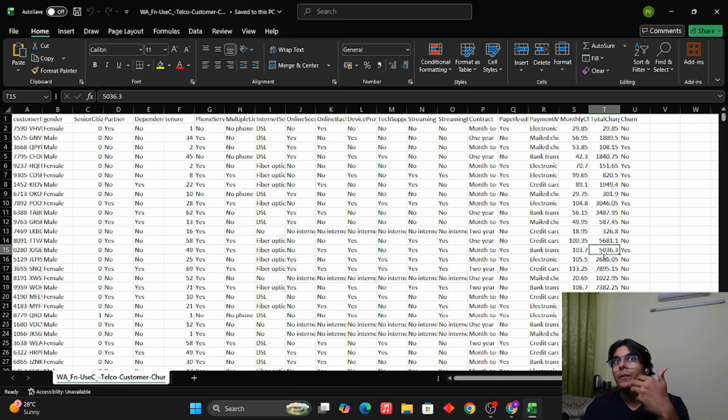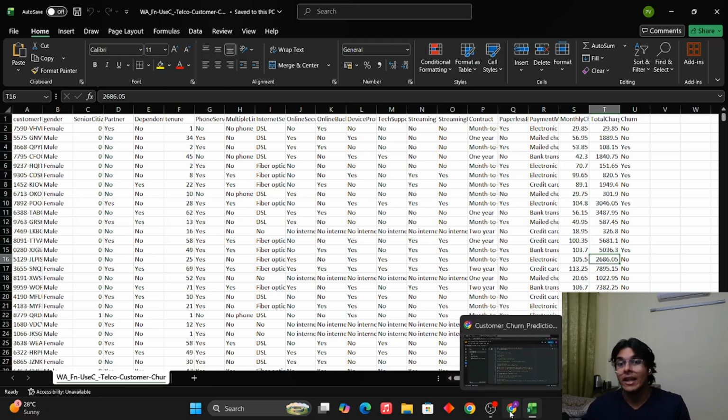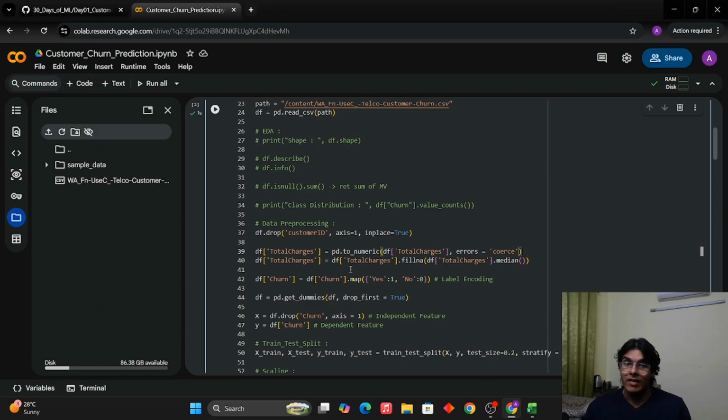And if I try to print these string values or use these string values by assuming that they're integers, there's going to be an error. We don't want that, which is why we converted it to a numeric value. And if it is giving us an error, it will print that column as empty. This is the good thing to do here. Again, we have got some missing values in total charges, which we fill using the median. Why the median? It is not sensitive to outliers. It gives us the middle value.